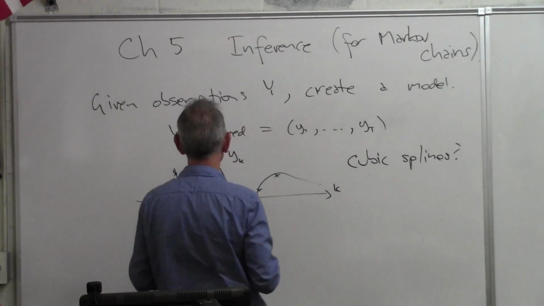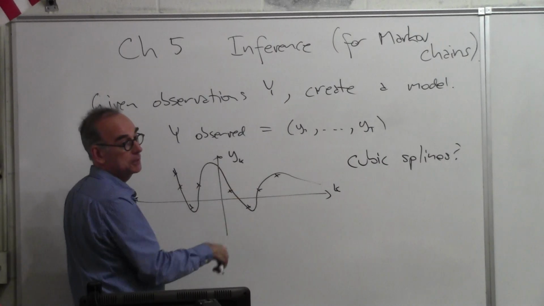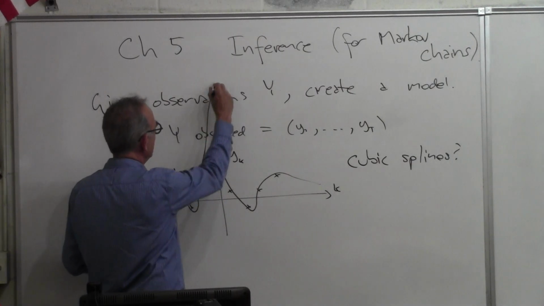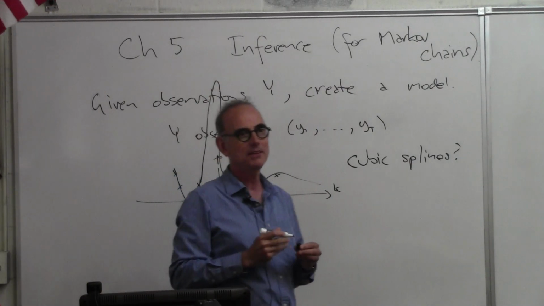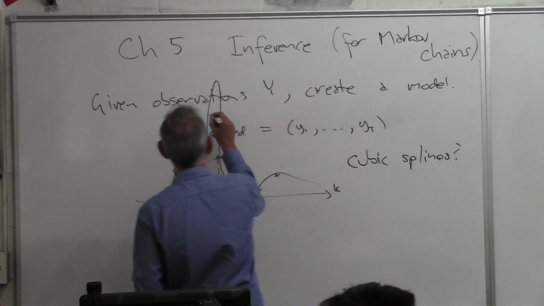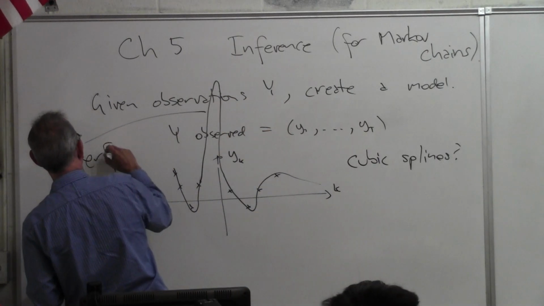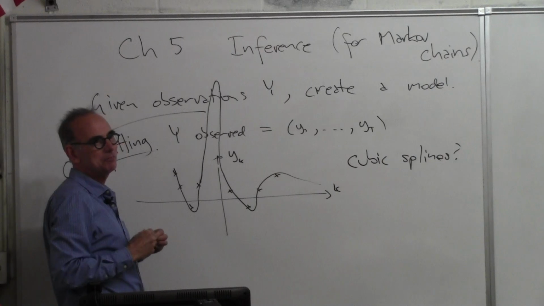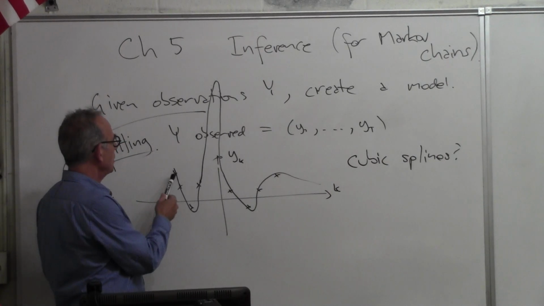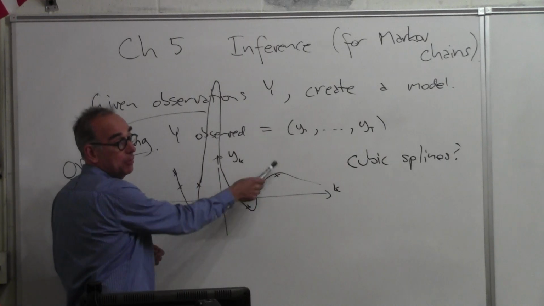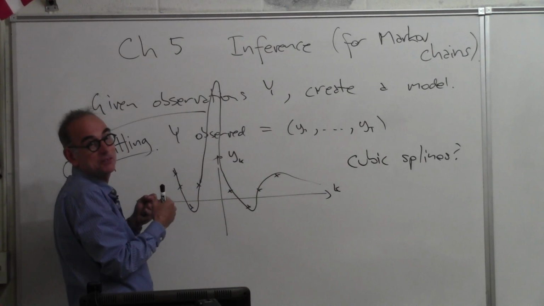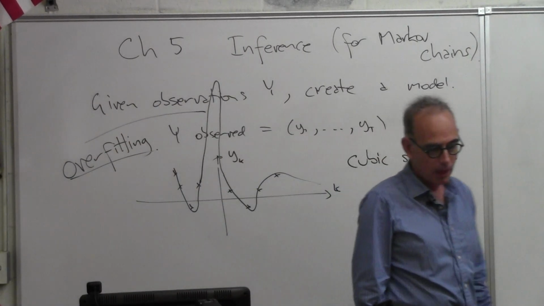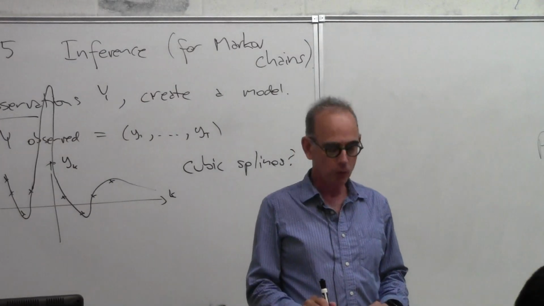Because you can end up with, see this overshoot here, it can really get bad. And that's called overfitting, by the way. The reason you don't necessarily want to exactly match your observations with your model is that trying to force a model to fit exactly causes it to explode elsewhere, which is the overfitting. That's just one example. This is a part of the course I really love because